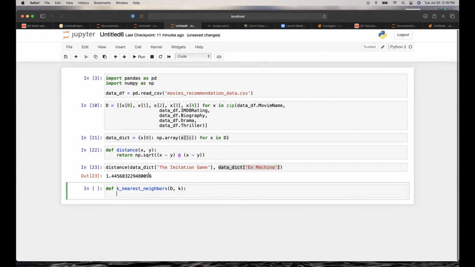Okay, so we need to calculate the distance to a given movie. I'll call this movie dictionary. I like to give the inputs to my functions different names than what I've named them outside of the function. It's just a preference of mine. I just want the names to be descriptive. So I want a movie dictionary. It has the names associated with the feature vectors. I want an input movie to test on, to recommend on, and I want the K closest movies